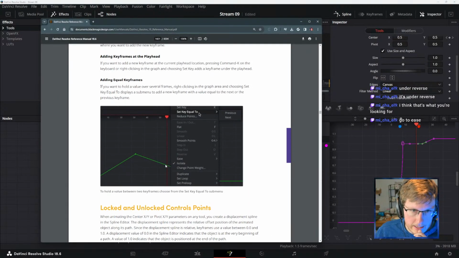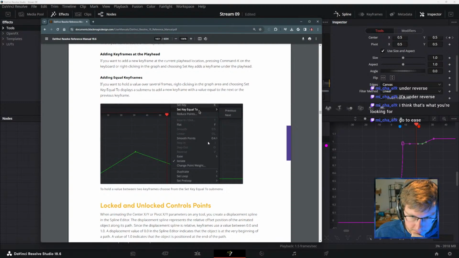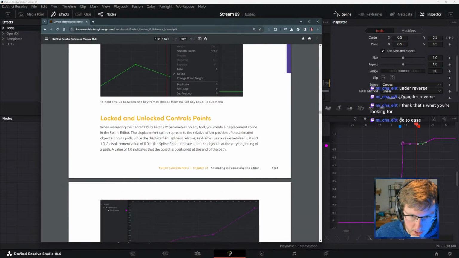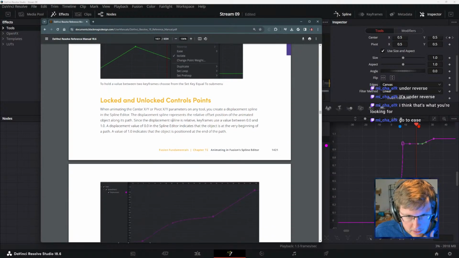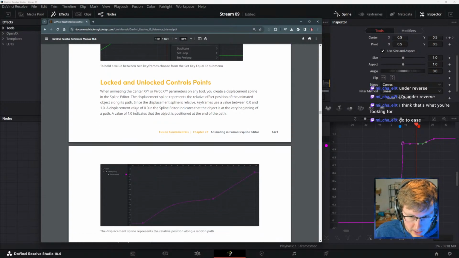And then adding equal keyframes, locked and unlocked control points. When animating the center XY or pivot XY parameters on any tool, you create a displacement spline in the spline editor. The displacement spline represents the relative offset position of the animated object along its path.